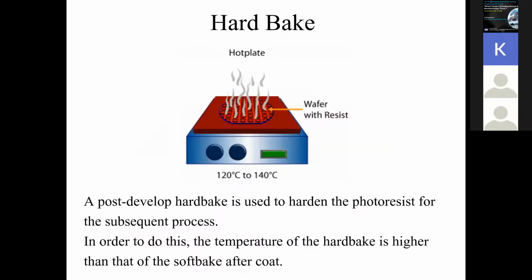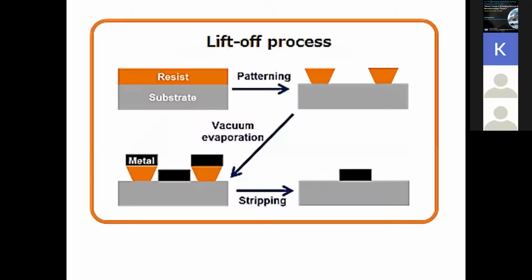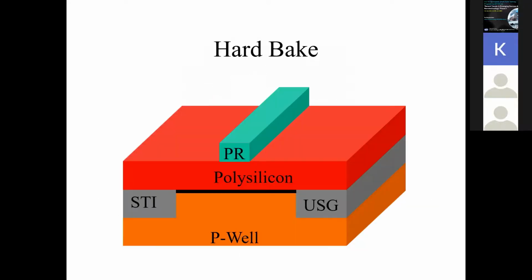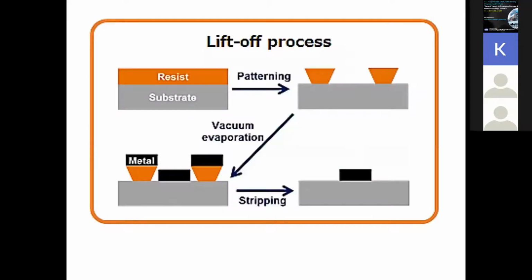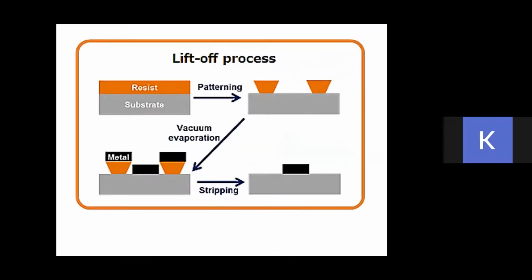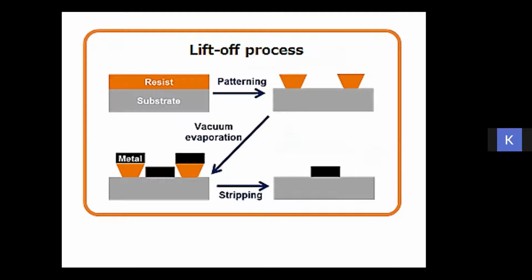So final work is your hard baking, and after you do the hard baking, you are ready with the final procedure. Hard baking, as I have told you, should be a bit more. If you are using 90 to 100, you can use 110 degrees for hard baking. Okay. After you do this, a pattern has been generated, but this is a pattern with photoresist. So photoresist should not be there in a device. Photoresist is just a polymer that is helping you to transfer a design.